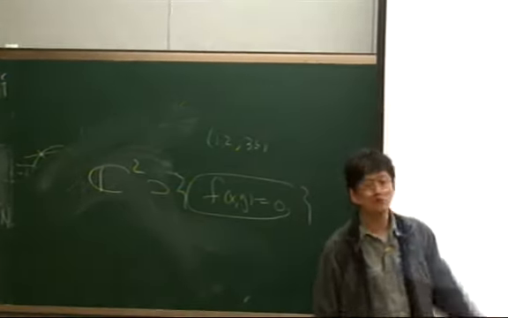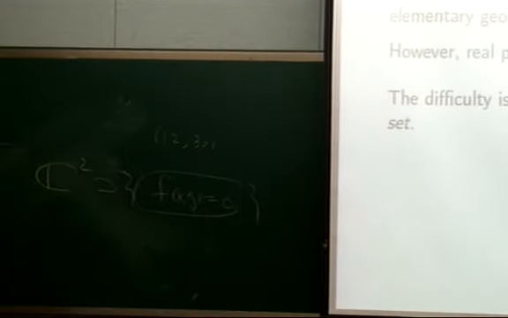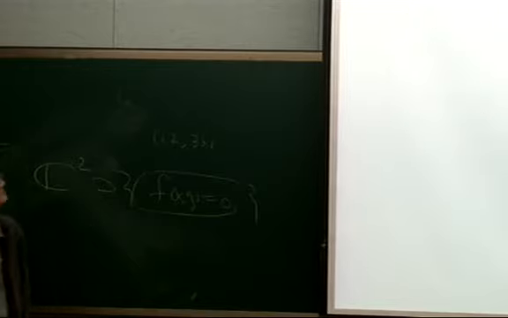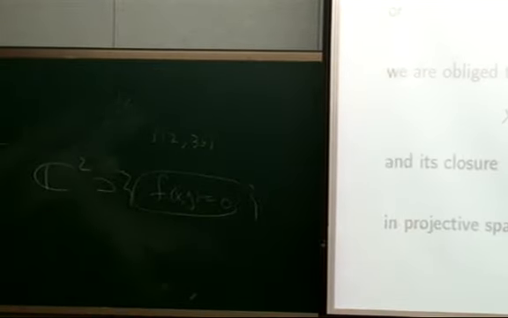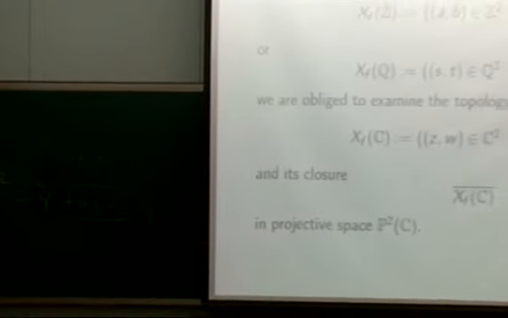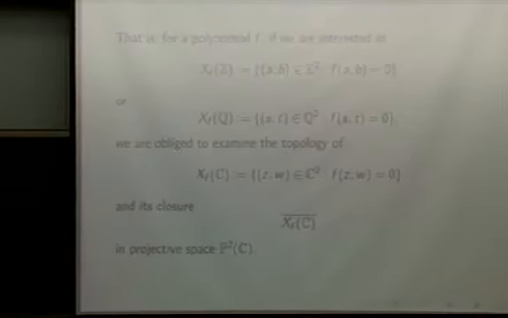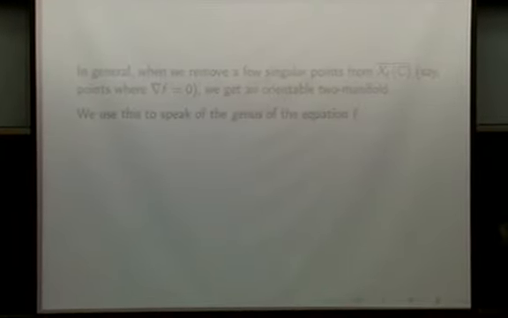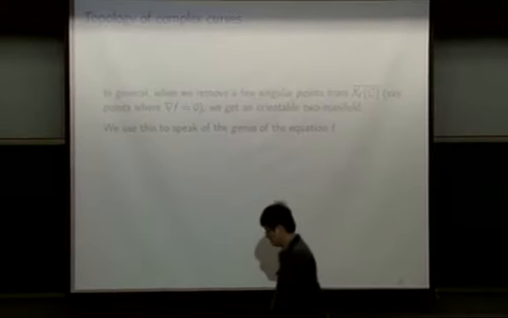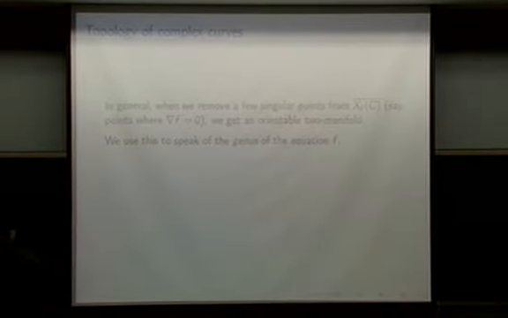And for equation 2, or high degree equations, one of the reasons that they're very difficult to analyze is because this topology is complicated. So I'm just summarizing here what I said before. We're interested in integral solutions or rational solutions, but in fact, the topology of the complex solutions becomes very important. So you can ignore all of this, but the point is that if you remove a few singular points, possibly, what you get is a complex Riemann surface. So I'll draw a picture again.